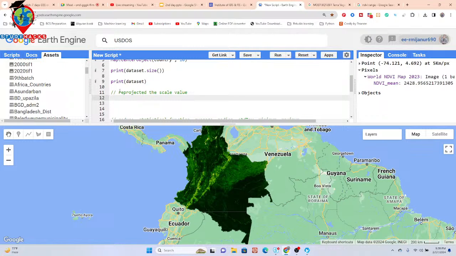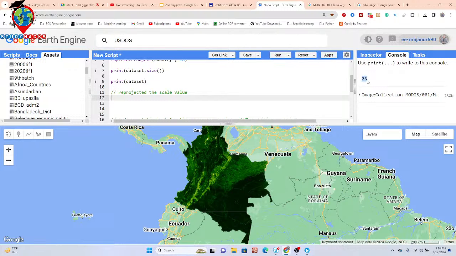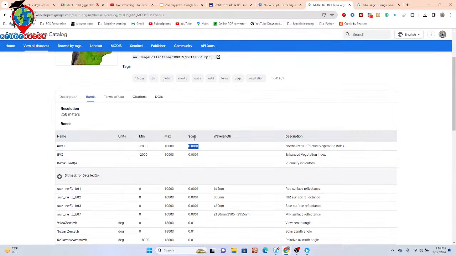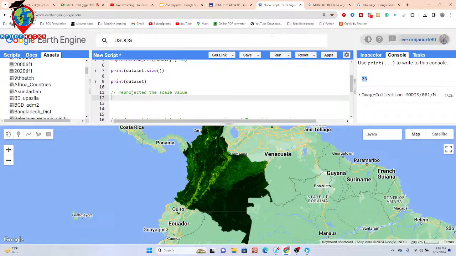Okay, so for the reprojected scale value, this is my image collection. Here there are a total of 23 images. All of those images I need to multiply with this scale factor, mainly 0.001. So this time, the step is that I will write a step: suppose, a step image collection,